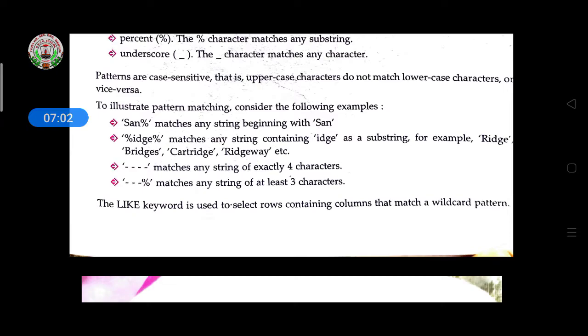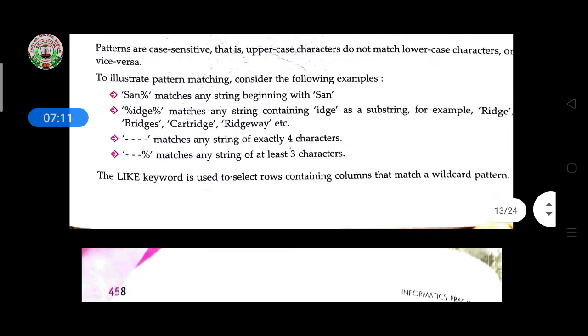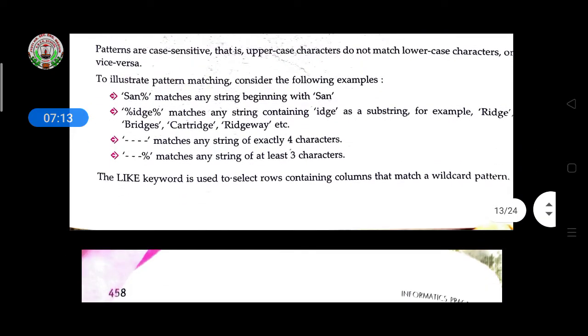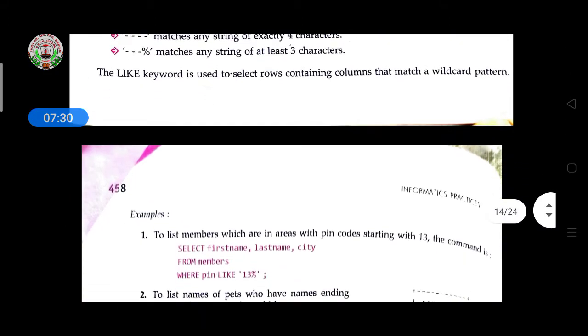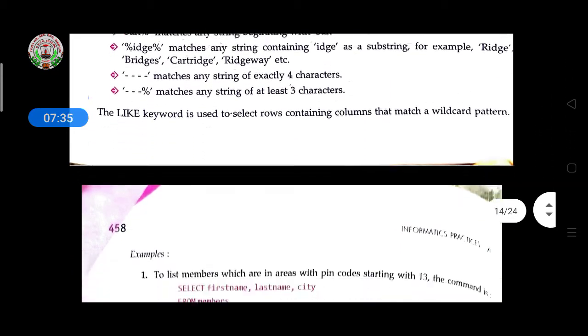Then underscores given here mean that the word has 4 characters, or 3 characters. Words of 4 or 3 characters in the table will be displayed as output. Like this we use both the percent sign and the underscore sign.